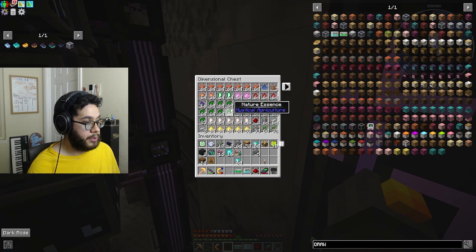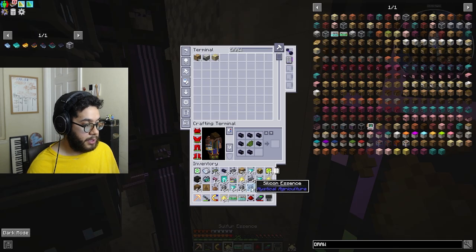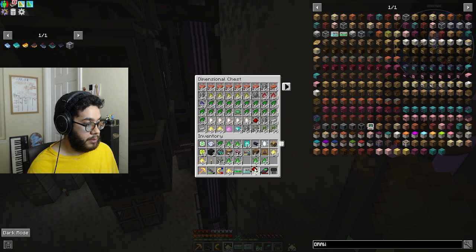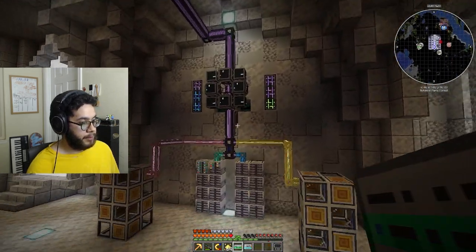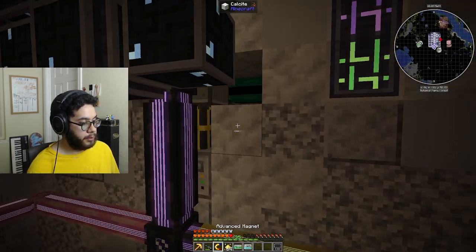Water, fire, sulfur. Yeah, that farm is just too efficient. Check it out. Earth and air, the last ones I'm missing. Now, in order to make this faster here,